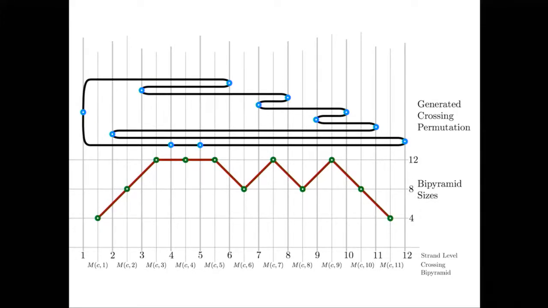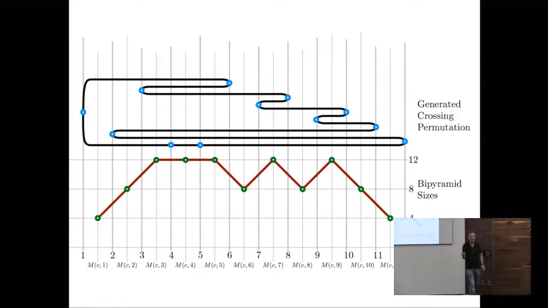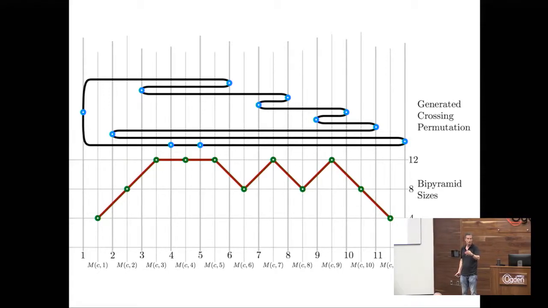Here I'm going to show you the size of the bipyramid that I want at each level. And so I can have a 4 bipyramid, 8 bipyramid, 12 bipyramid. For this particular example, I'm going to start with a 4 bipyramid at the top as I have to. Then I'll go up to 8, 12, 12, 12, 8, 12, 8, 12, 8, 4. Okay, so I want to realize that particular choice of bipyramids that satisfy those conditions that we saw on the